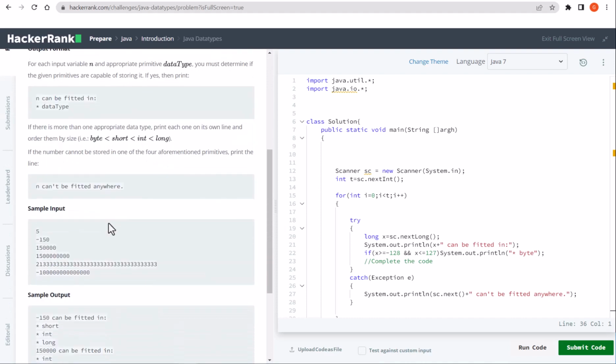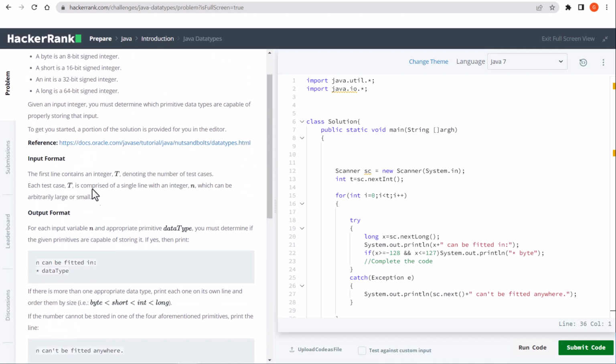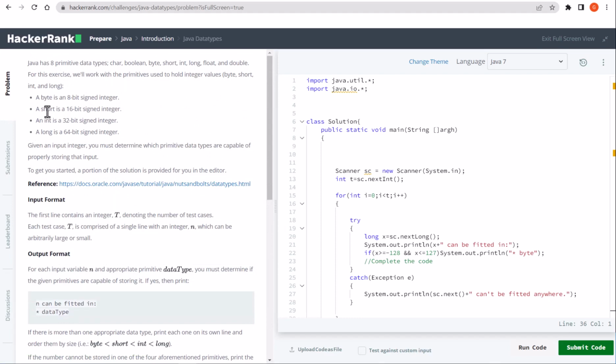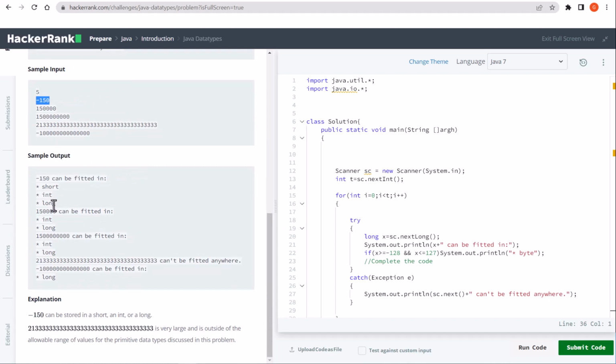I think they want us to determine, if the sample input is -150, whether it can fit in short, byte, int, and long. So this -150 can fit in all of them, and 150,000 can fit in int and long, and this one, so many zeros, int and long, and this long value can't be fitted anywhere, and this can be fitted